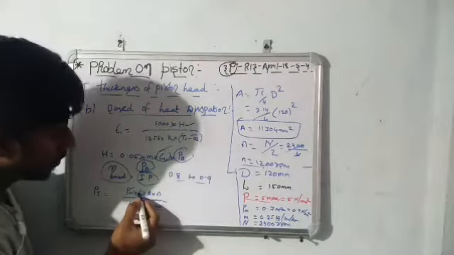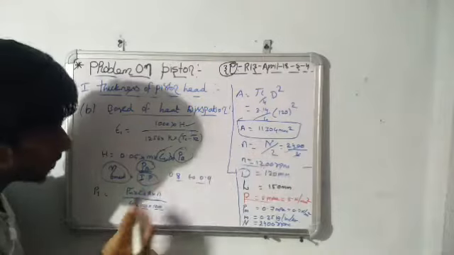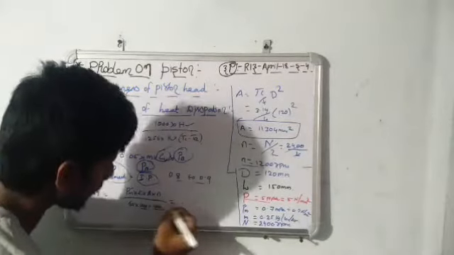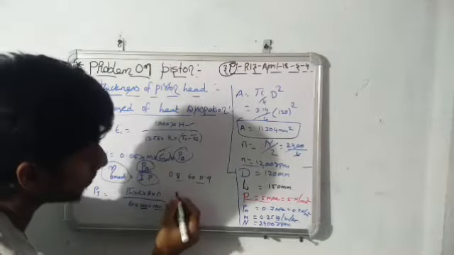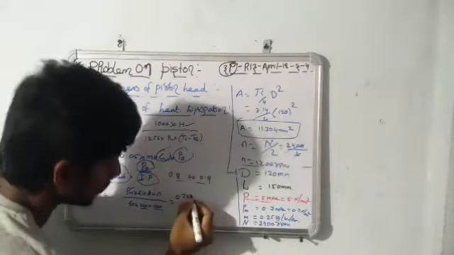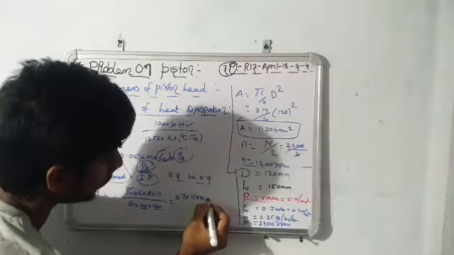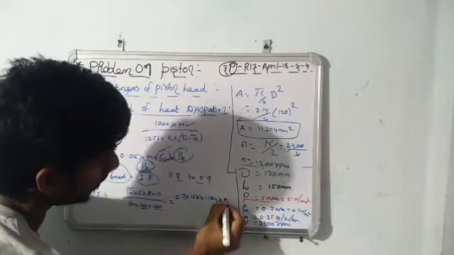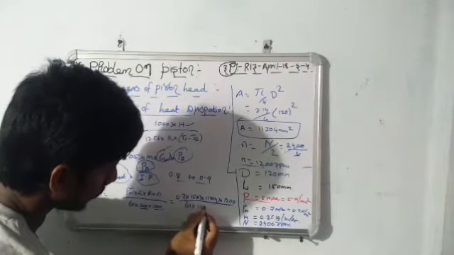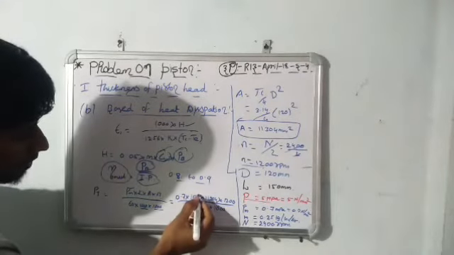So let's see. Here we know the stroke length, that is equal to 150 mm, and the area we have already derived. And next we know what N is. By substituting these values, we get the indicated power. So PM is 0.7 into, what is the stroke length? 150 into, what is the area? 11304 into n equal to 1200 divided by 60 into 1000 into 1000. It is the unit conversion.